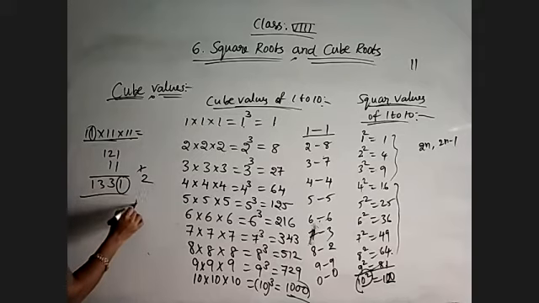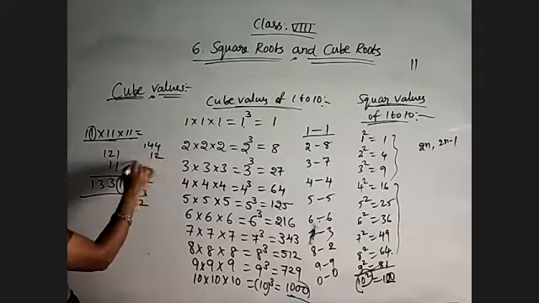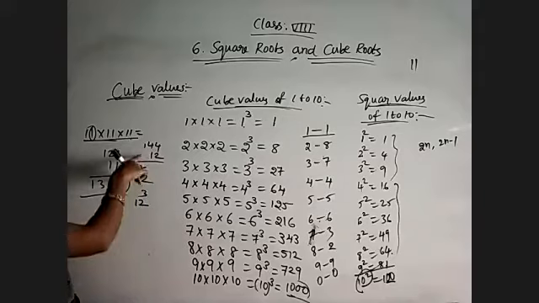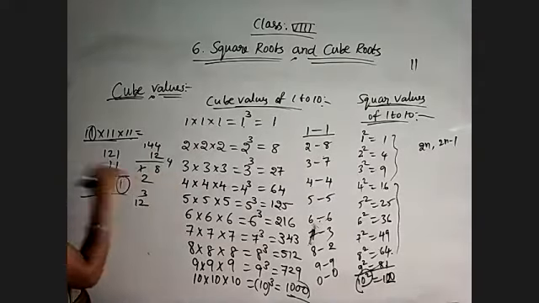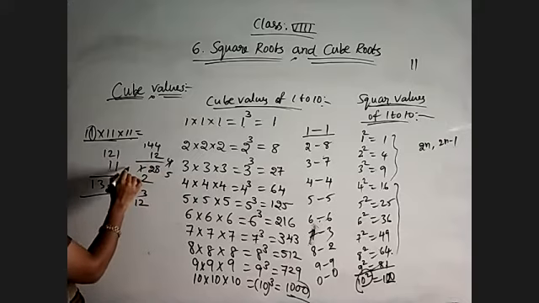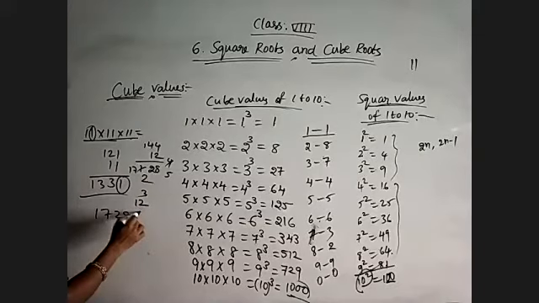Okay, coming to 2. Whatever number we are getting, suppose 12 is there. 12 cube I want to find. 12 12s are 144. Square value we know. Find out the cube value by multiplying 12 with the square value. So 12 4s are 48. 48 plus 4 is 52. 12 1s are 12. 12 plus 5 is 17. Means 1728. Observe its unit digit. So whenever you are getting 2 in any number, its cube must consist of 8 in the unit digit.